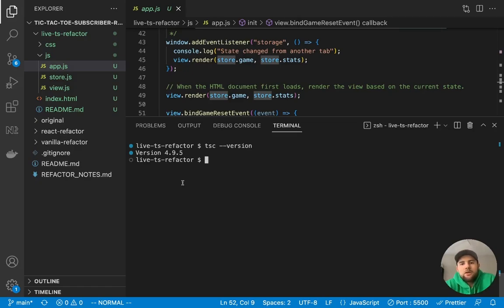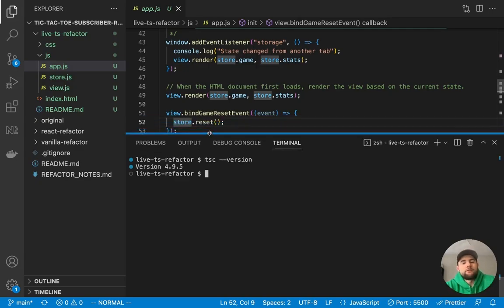But it's always a good practice to install it as a developer dependency within your project. The reason being is the global version is going to be different on each developer's computer. So if you're collaborating on a project, it's good to pin that TypeScript version for the application so that you have predictable builds and compiles when you compile that code to plain JavaScript.